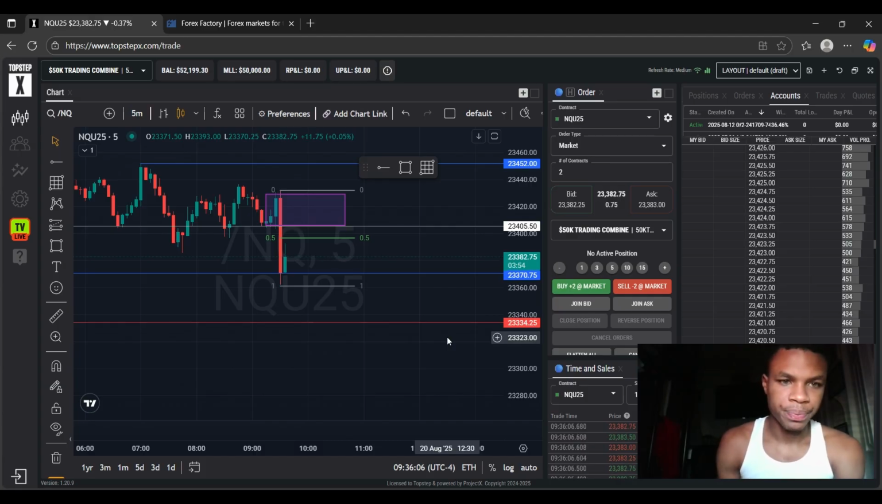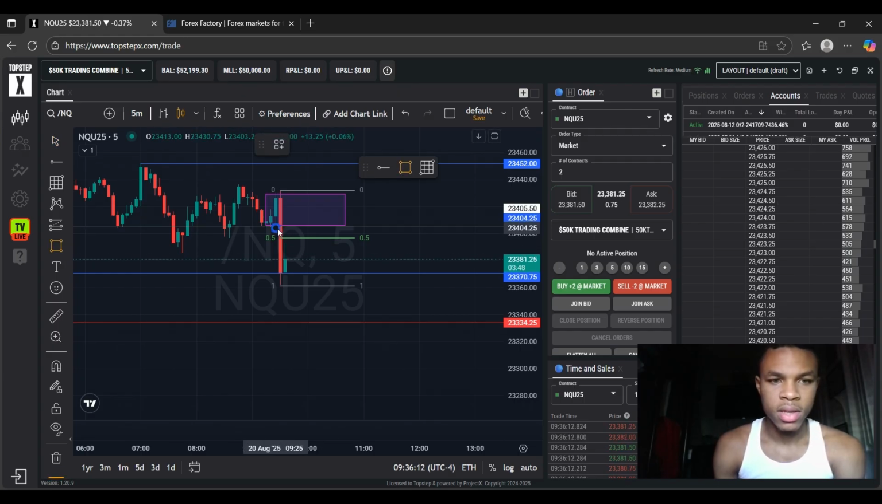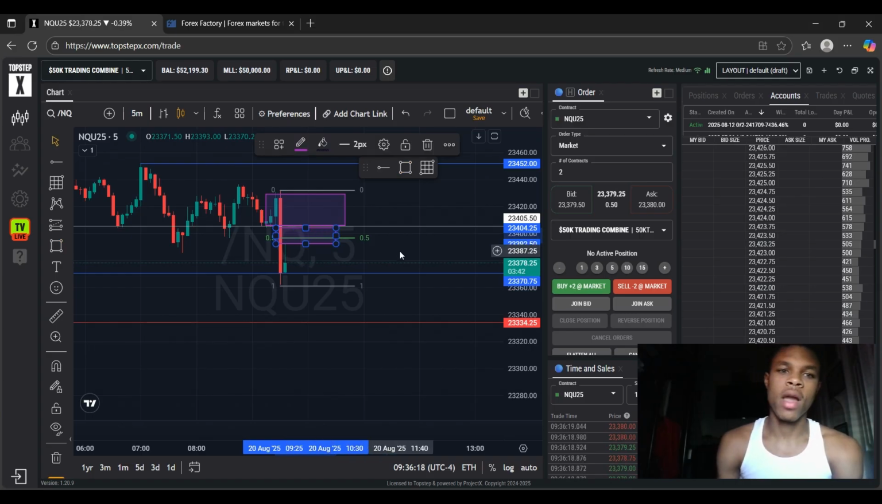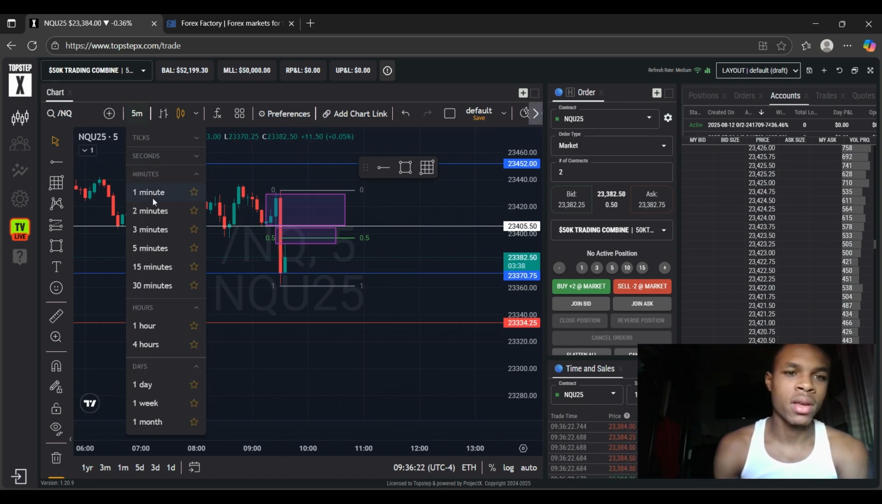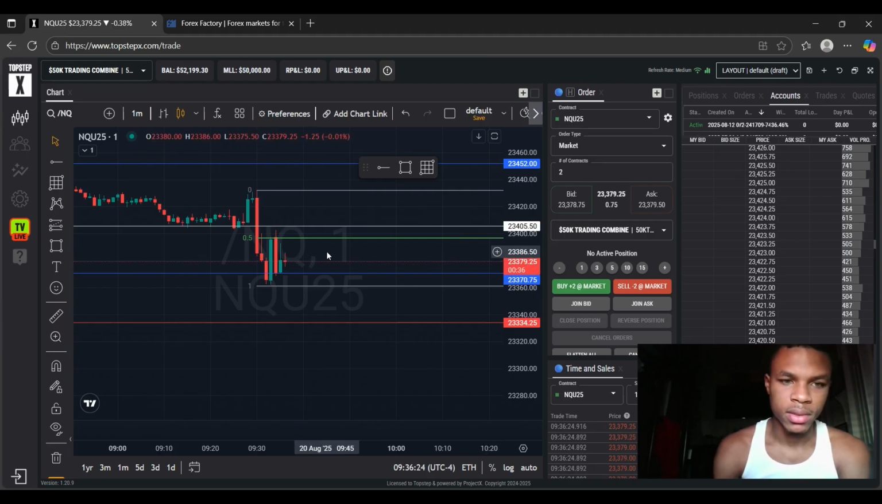All right, so I don't really want to mark this because this candle isn't closed, but we have a small fair value gap right here, and the fair value gap happens to be in equilibrium. So wait, let's go down to the 1 minute, get a better look. So on the 1 minute,